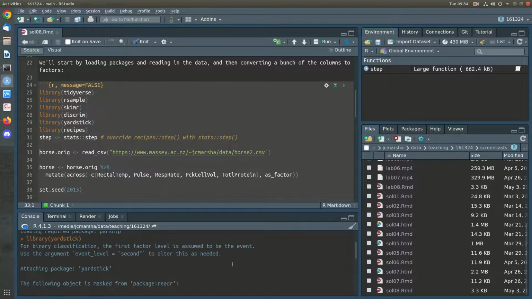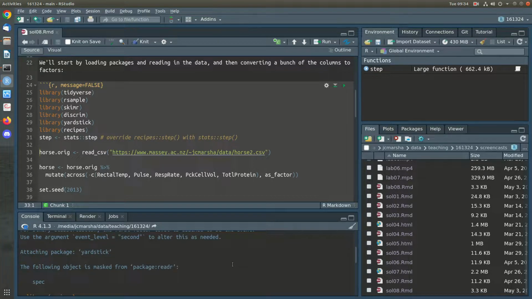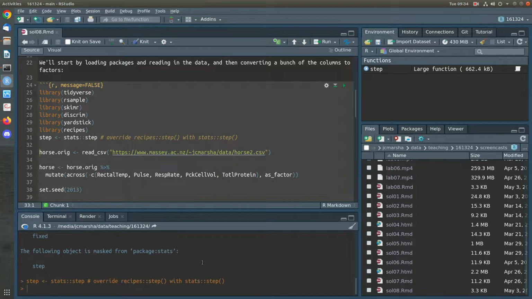In our metrics for evaluating how well the models do. Okay, so that's why we're overriding step. Another really common one is